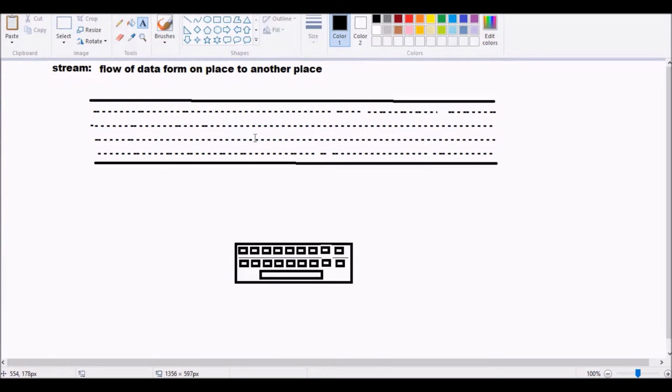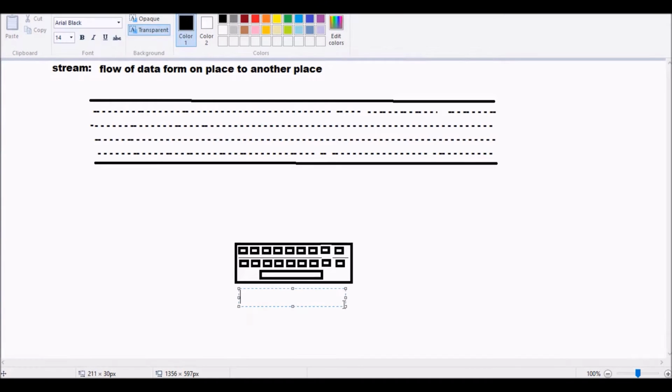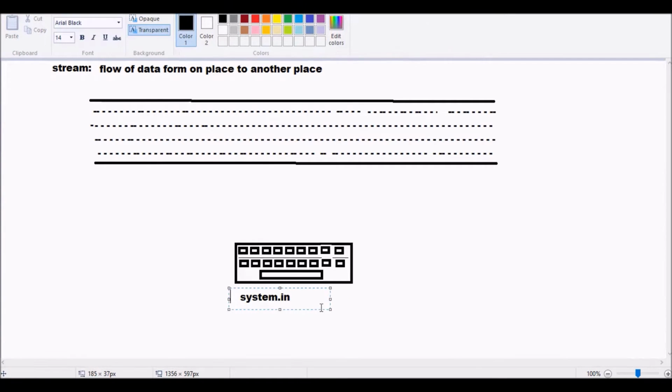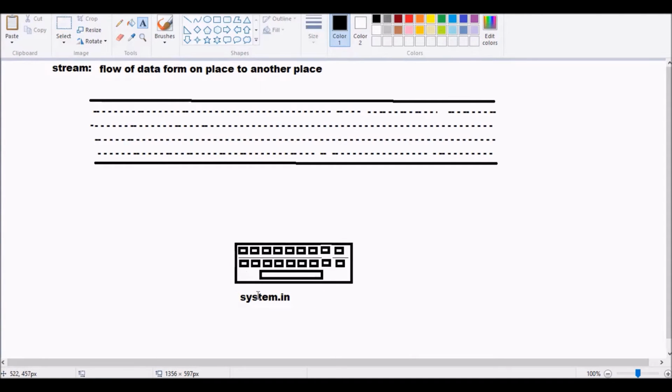So how are we going to do that? Let us see here. In Java, the system keyboard is represented as System.in. Whenever I say System.in, it represents the keyboard. Now we have to connect this System.in to the stream. How are we going to do that?